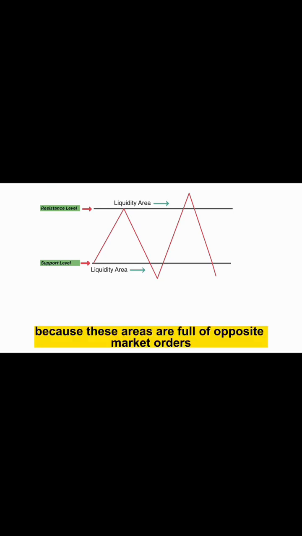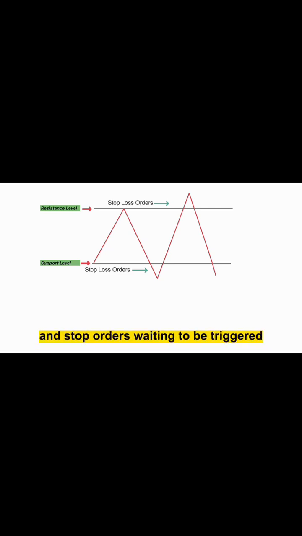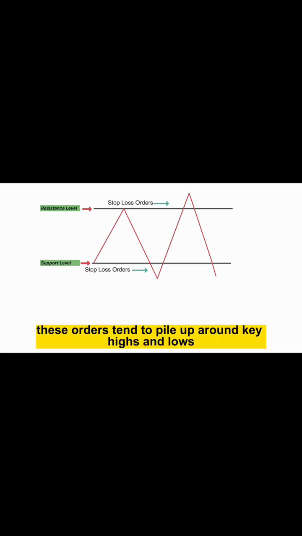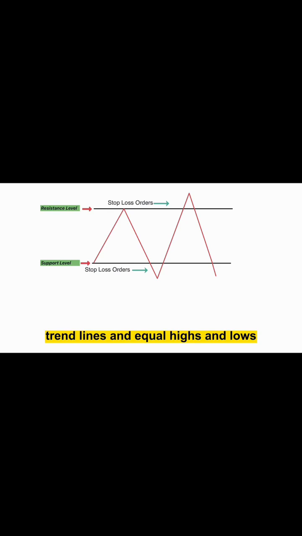Why? Because these areas are full of opposite market orders, such as stop losses and stop orders waiting to be triggered. These orders tend to pile up around key highs and lows, trend lines, and equal highs and lows. Smart money knows this, and they push the price into these zones to trigger these orders, grabbing liquidity before the real market direction unfolds. It's all part of creating a trap, whether it's a bull trap or bear trap designed to fool retail traders. But once you grasp this, you can stop falling for the traps and start trading like